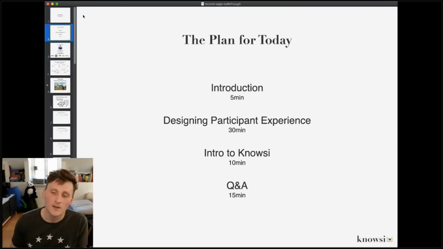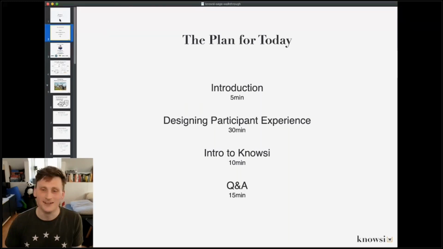We're going to dive straight into designing the participant experience and taking a look at a couple of tools and a couple of different ways to think about designing that experience for research participants. I'll give you a quick intro to Knowsi. I'm trying not to make this too much of a pitch to use my app, but also, I think it's the best. So, you should use the app. And then we can do a Q&A afterwards.